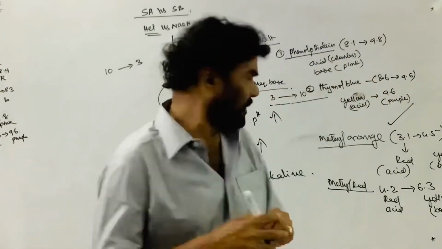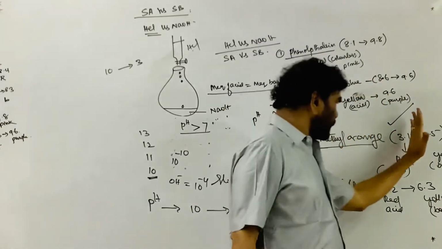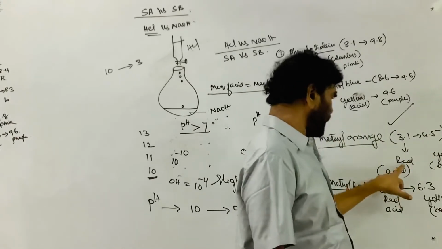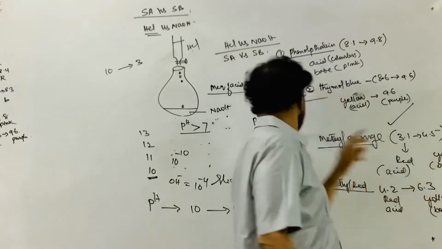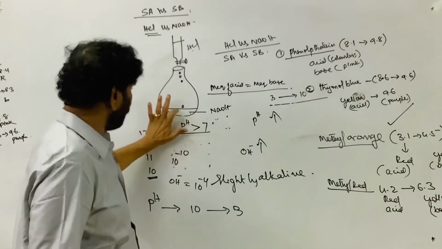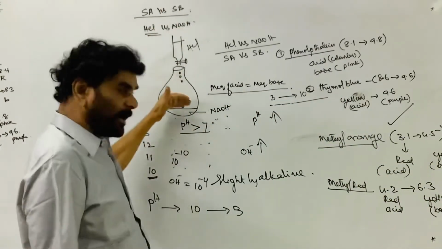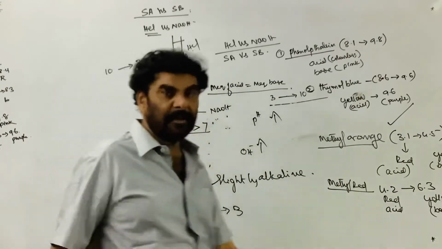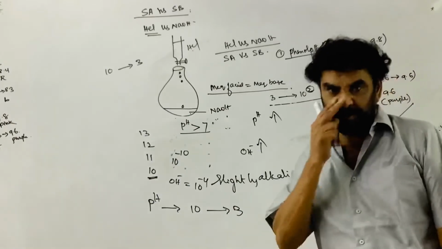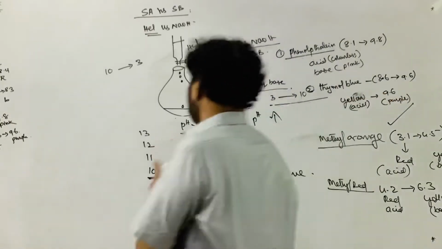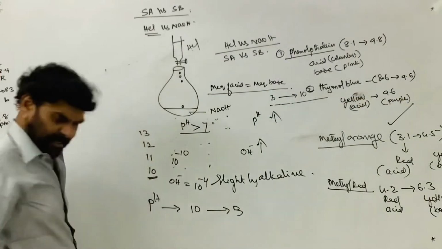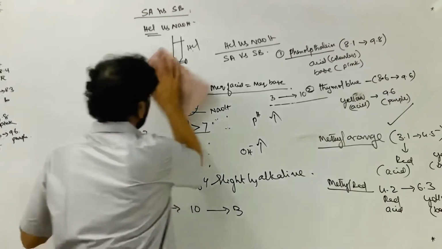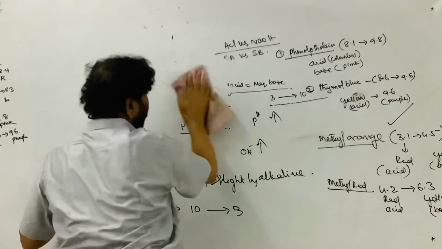So that is methyl orange, around 3 in this range: below this, in the acid medium, red color, and in base medium, yellow. If you add methyl orange to this, first it shows the yellow color. You keep running, and you stop the addition when it is converted into the red color. So this is the selection of the indicator. The next thing is the weak acid versus strong base.